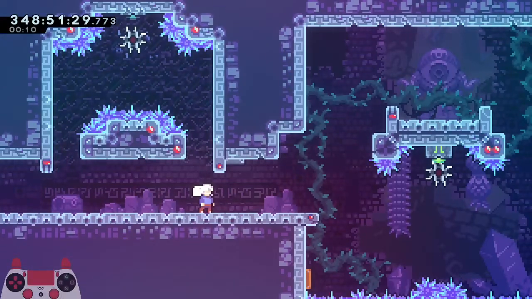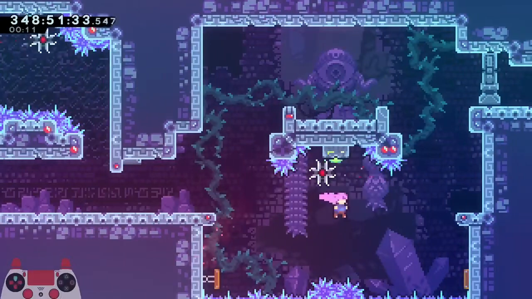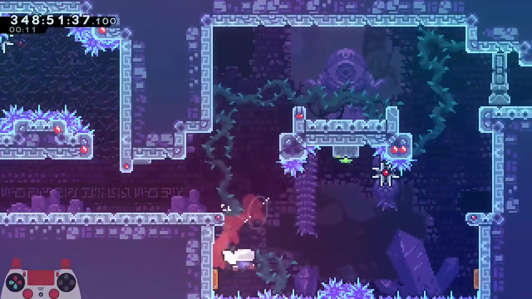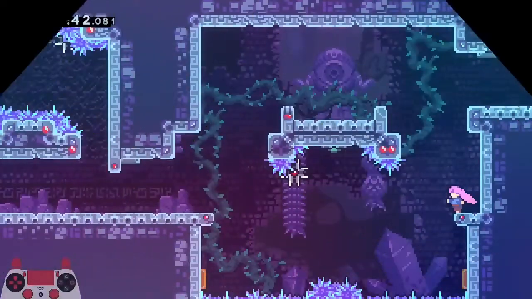So for a slightly easier cycle, what you'd want to do instead is just hyper here, then dash down left into the spring, and then delay just a little bit so you can hit the button without getting hit by that spinner. Then you'll dash right over to here, and then jump up a little bit, then dash up and wave dash